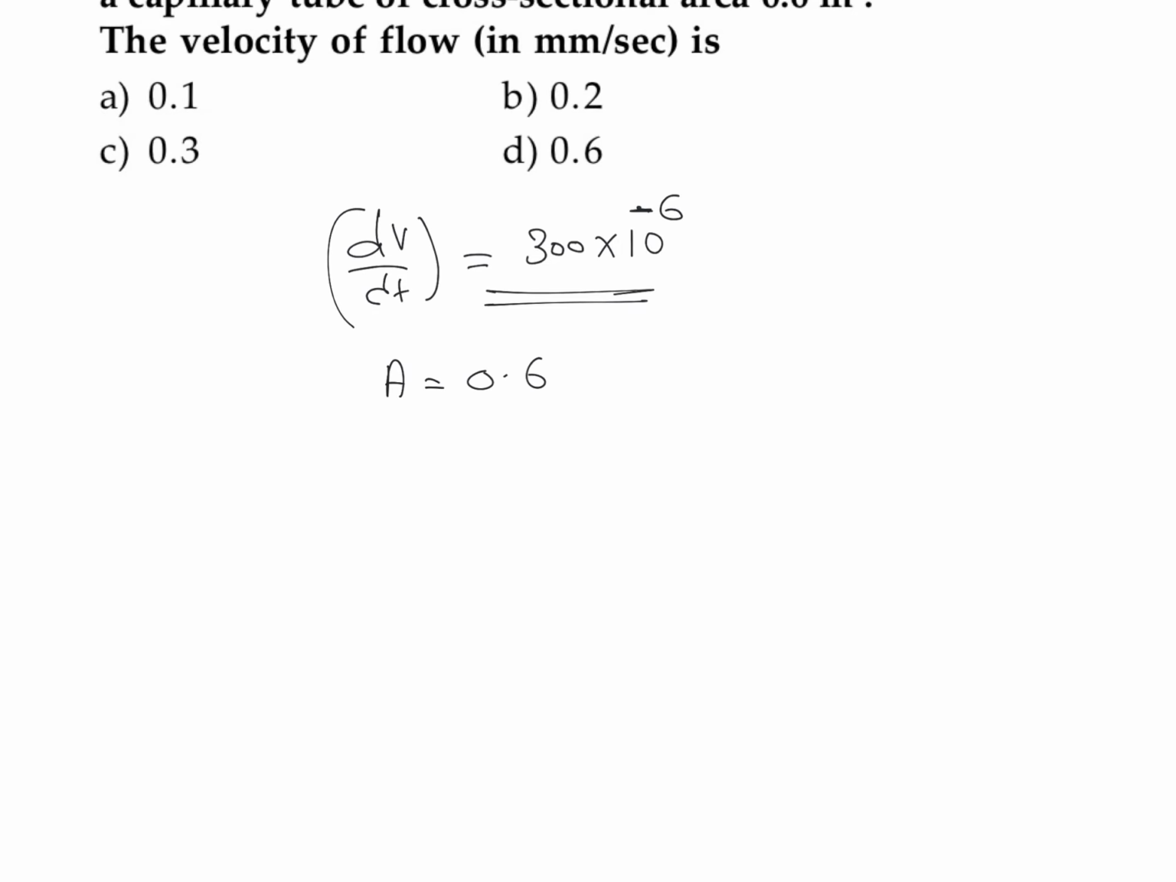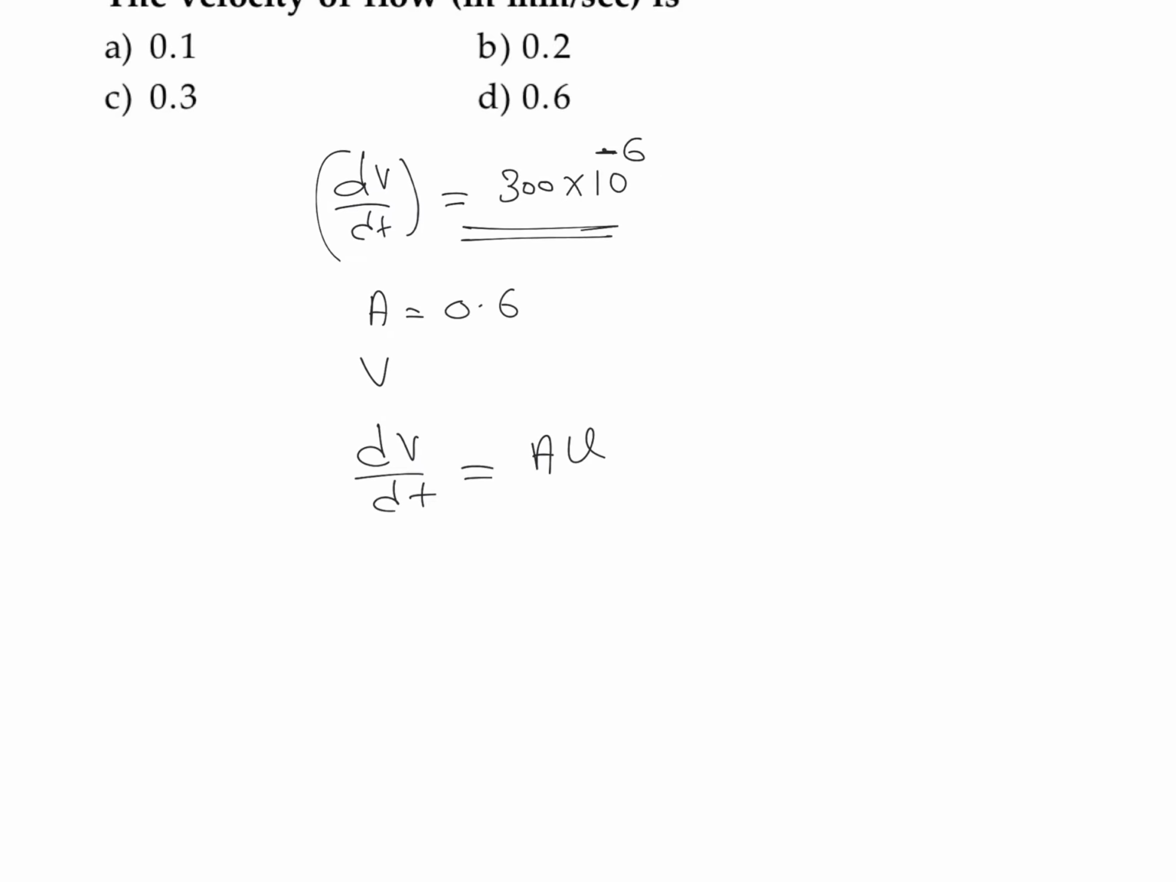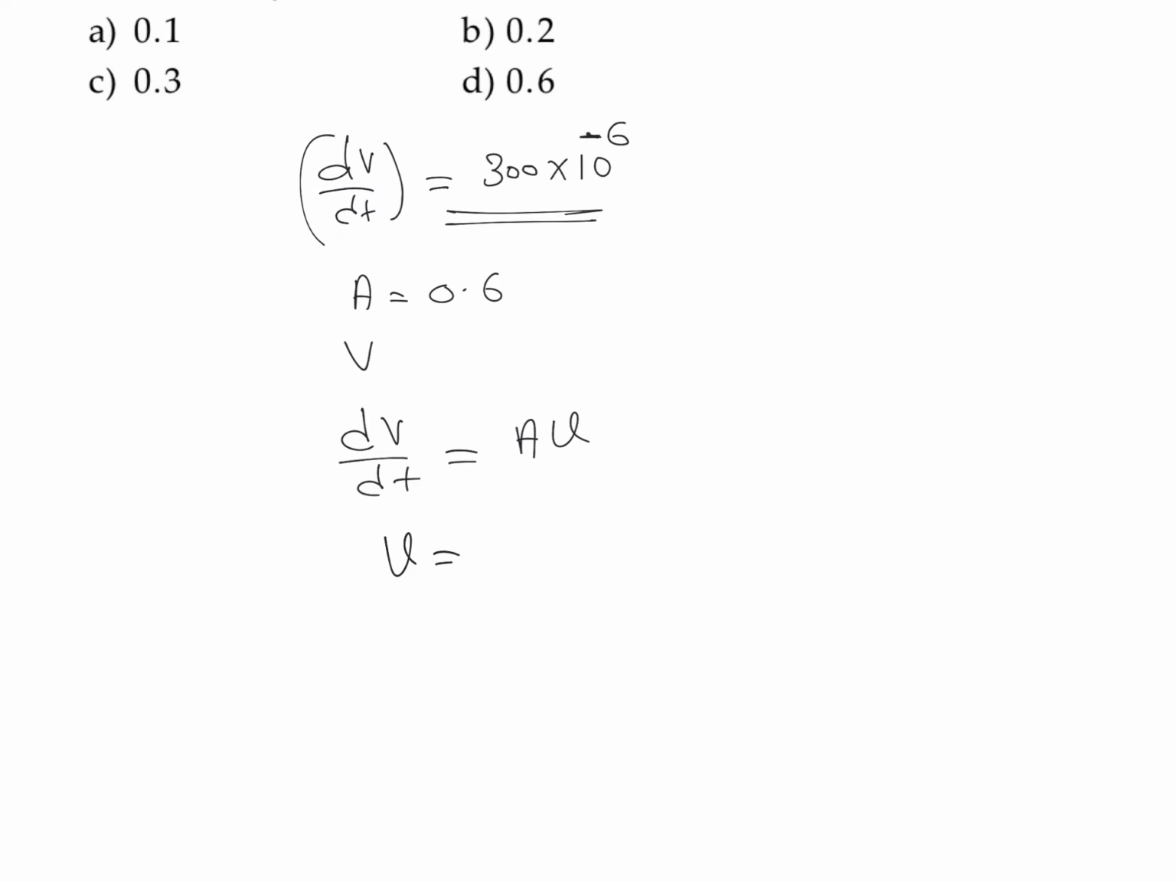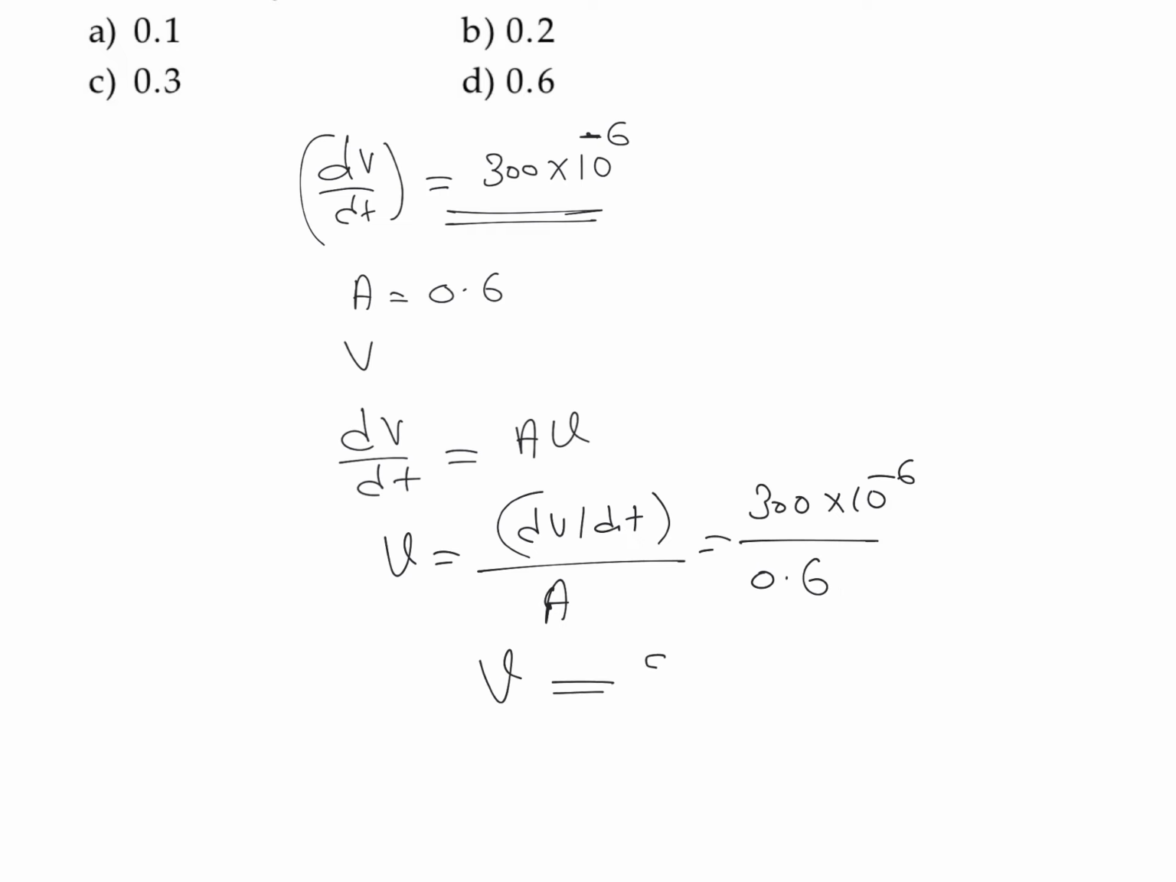The velocity of flow is to be found, that is, the value of V. So we can use the equation for volume flow rate: dV by dt is equal to area into velocity. So we can find the velocity, that is dV by dt, the whole divided by area. Putting in the values, that is 300 into 10 raised to minus 6 divided by 0.6, I get the value of V is equal to 500 into 10 raised to minus 6,